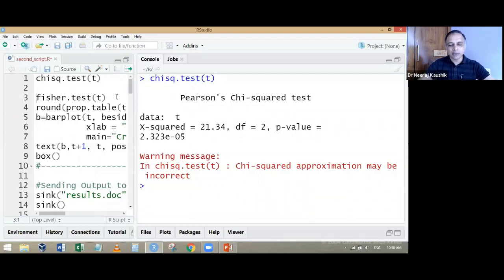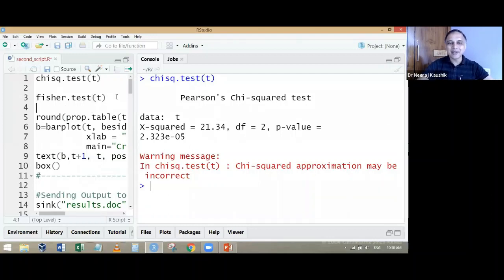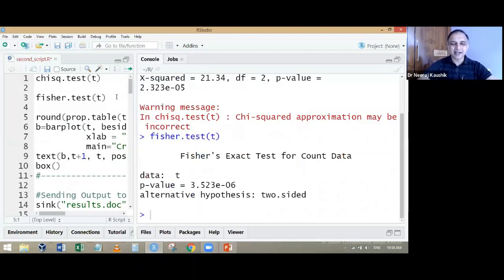So when this is the case, what we do? Remember, chi-square was given by Karl Pearson. So we come to the rescue with fisher.test. This is Fisher's exact test. Okay, how to read it? Now for this,